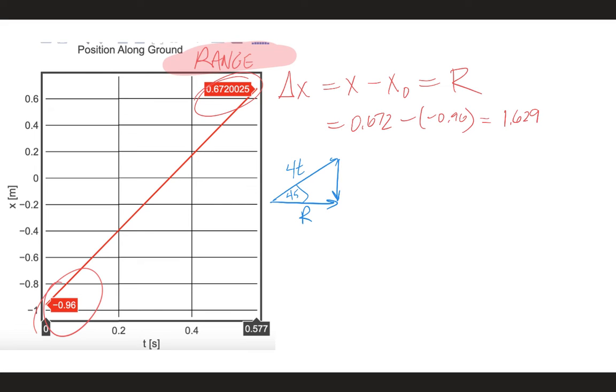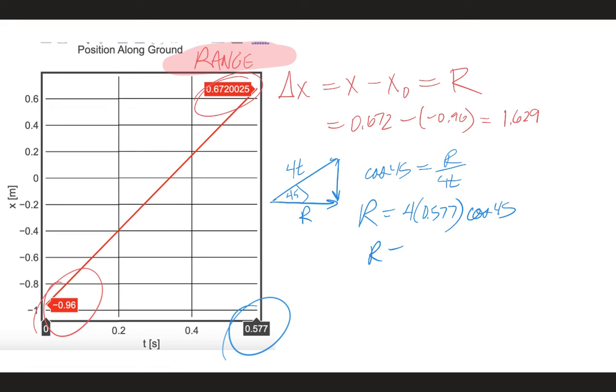Okay, so we could say cosine of 45 is r over 4t, which means range is 4 times that 0.577, which is right here, times cosine of 45. And you'll get 1.633. So we have a little bit of discrepancy in these two numbers. One's a little below 1.63 and one's a little above 1.63. So for our purposes, this is perfectly fine